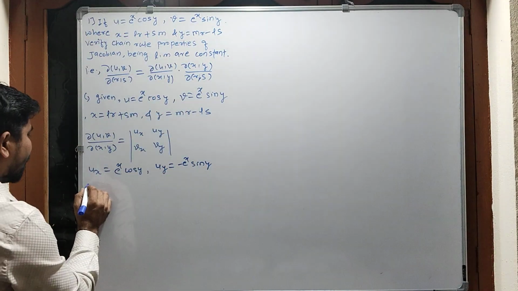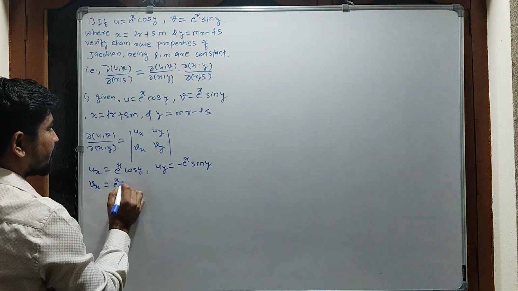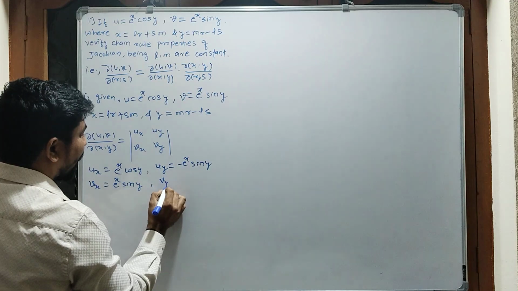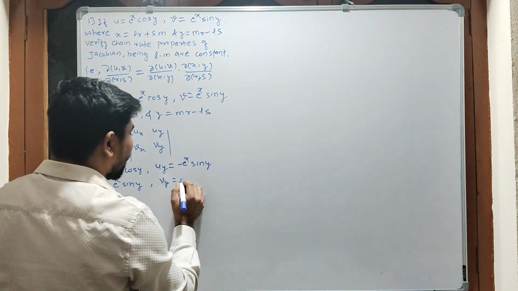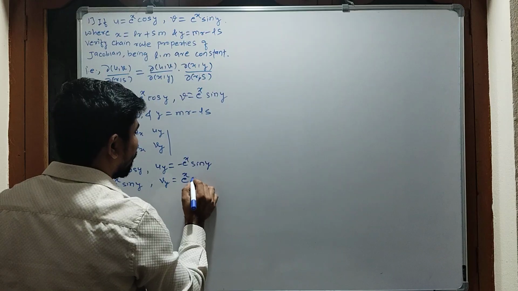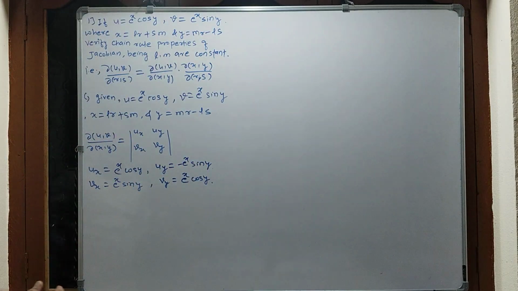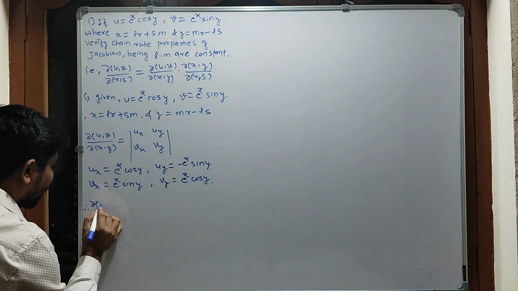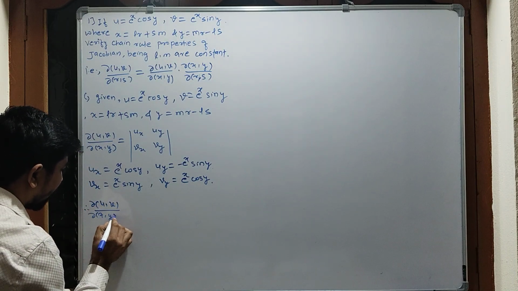So here vx is equal to e to the power x into sin y, and vy is equal to, the derivative of sin y is cos y, so e to the power x into cos y. Now, therefore, the Jacobian of u comma v with respect to x comma y is equal to,